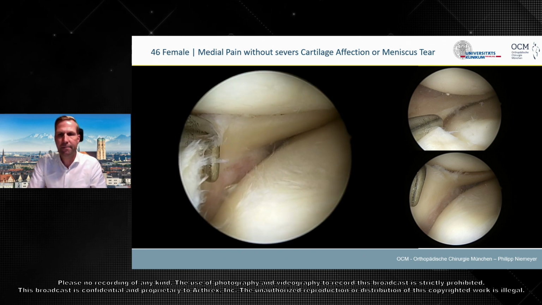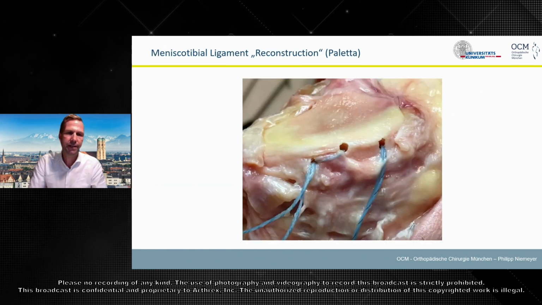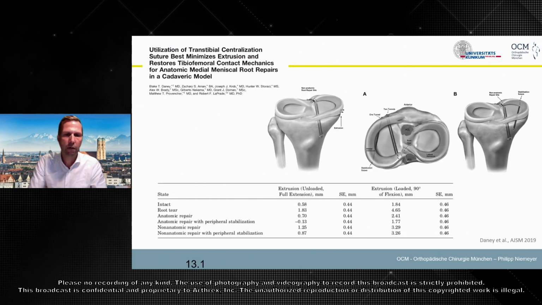For that purpose, there are some techniques which have been introduced in order to prevent or to treat meniscal extrusion. This technique, using a refixation on the medial aspect of the tibial plateau, has been published by Paletta, and probably the most powerful technique has been published by the Labrat group last year. They suggest transtibial pull-out repairs extra-anatomically in between the pars intermedia and the posterior horn of the medial meniscus. And from a biomechanical point of view, this group was able to prove that meniscus extrusion progression can be prevented